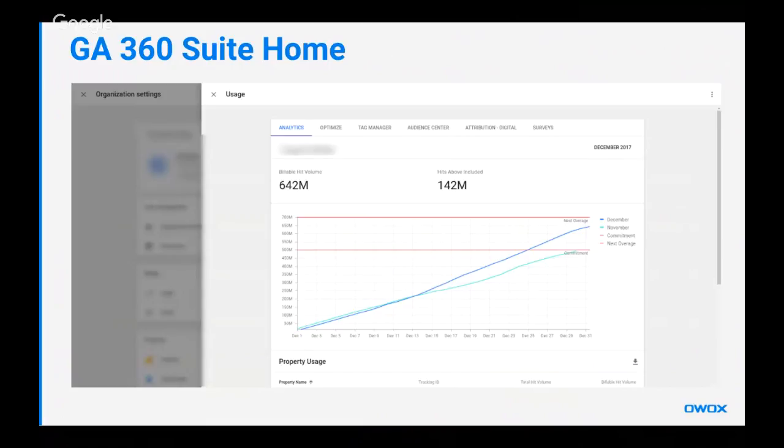This report is quite precise, but you can't use any filters or analyze hits by source type or anything like that. It's just for you to be informed about the number of hits you already have in your account, and this number of hits will be used for your monthly bill. Okay, so moving forward,